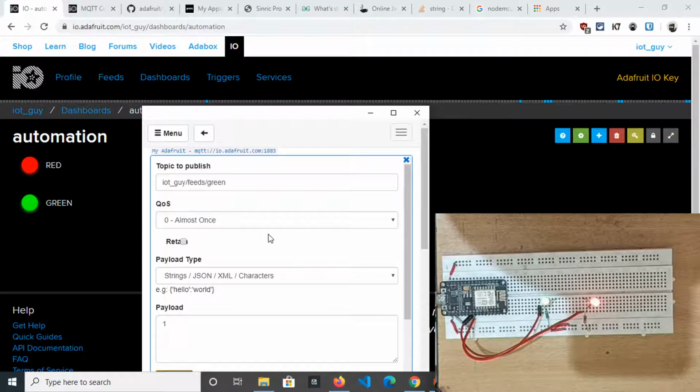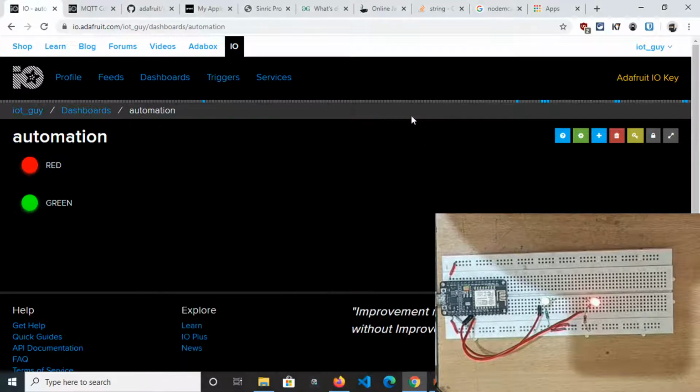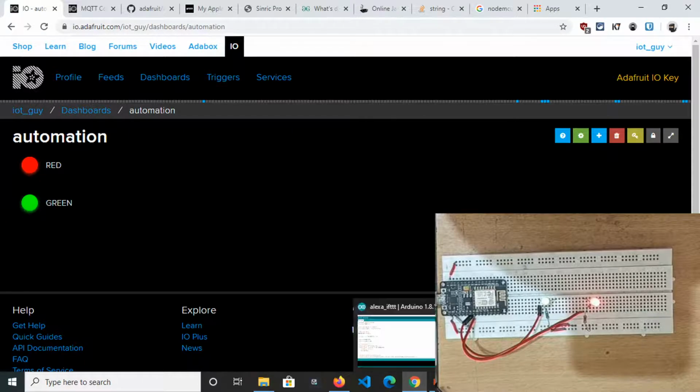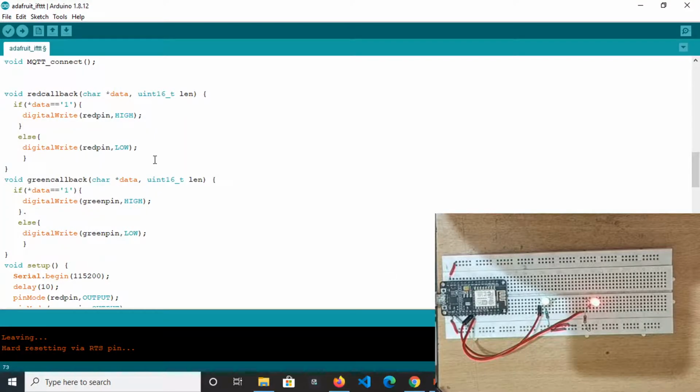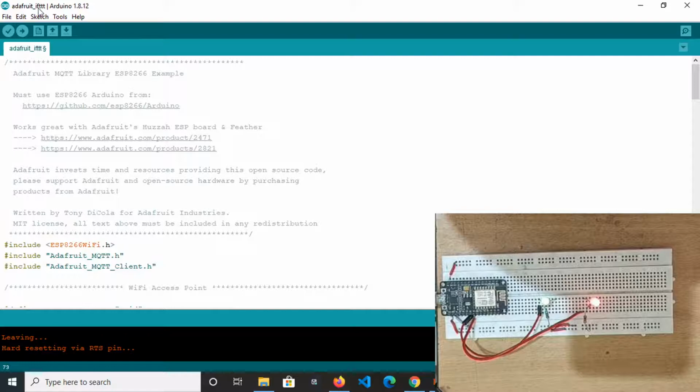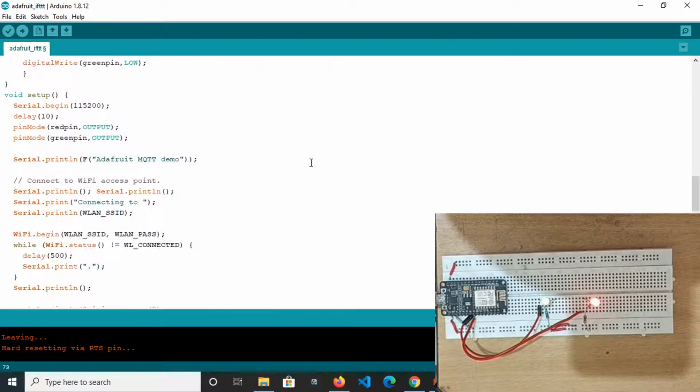And now the next thing is, we need to send data not by this client, but by the Alexa application. So we need to use IFTTT. So our sketch is complete. I will upload this sketch in my GitHub repository. You will find it under the name Adafruit_IFTTT. Fine. So you will use it, and this is the sketch.